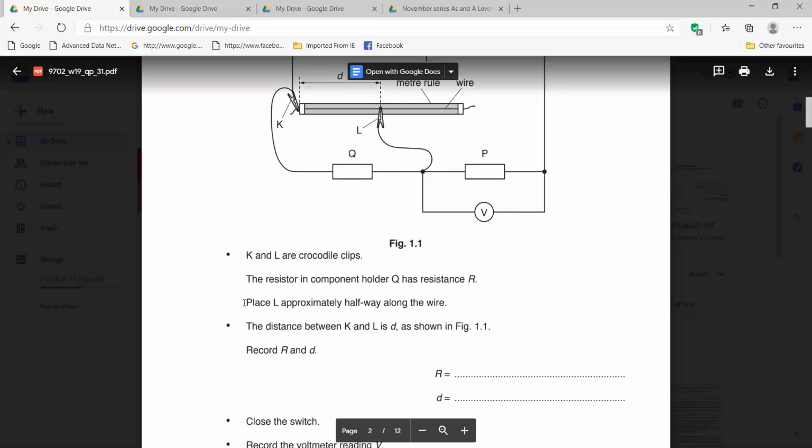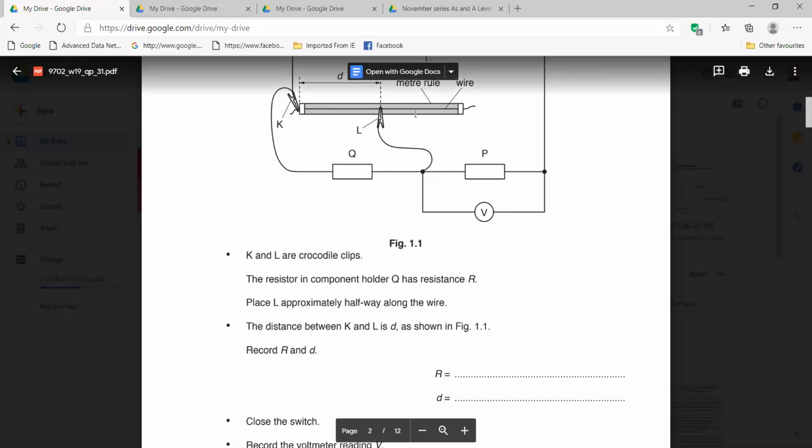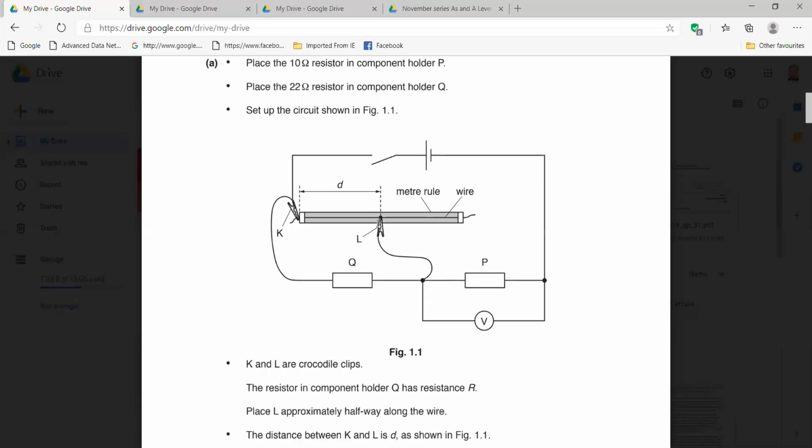And next part you see: place L approximately halfway along the wire. This one is the meter rule, right? Meter rule means 100 centimeter, 1 meter. So if it is halfway, then it will be around 50 centimeter, right? In the middle, it may be 49, it may be 51, it will be close to 50, okay? Or maybe 49.5,